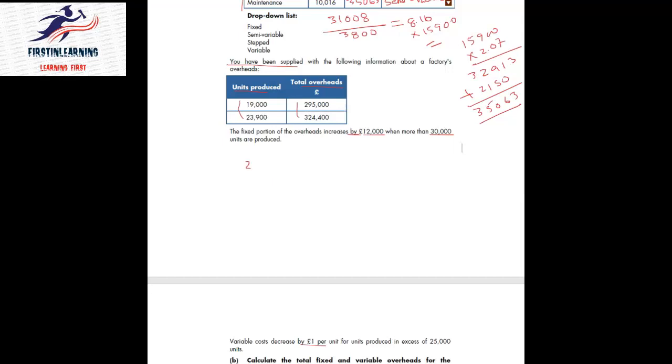The high unit is 23,900. The cost is 324,400, and the lower unit is 19,000, and the lower cost is 295,000. So let's find the difference. That is 23,900 minus 19,000, so 4,900. The cost difference is 324,400 minus 295,000,